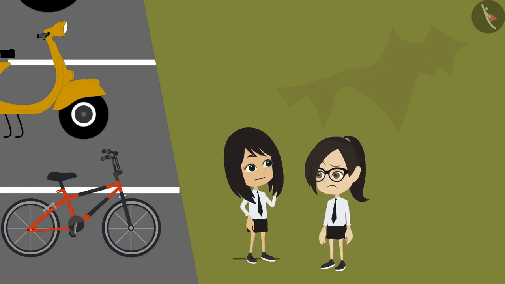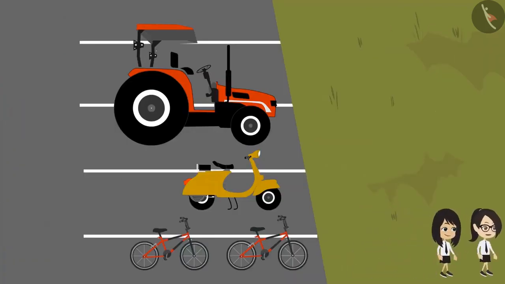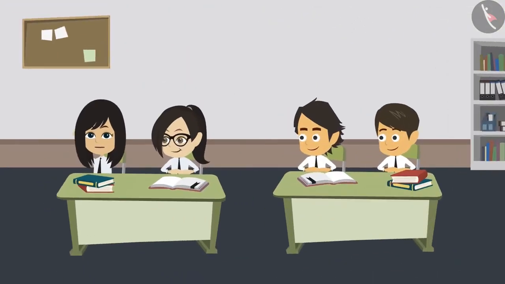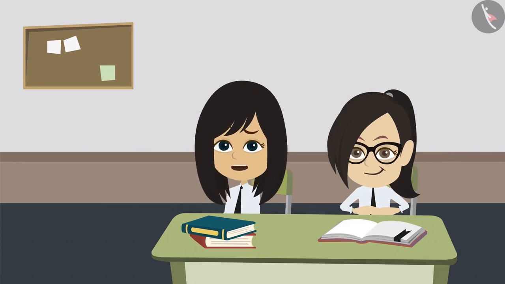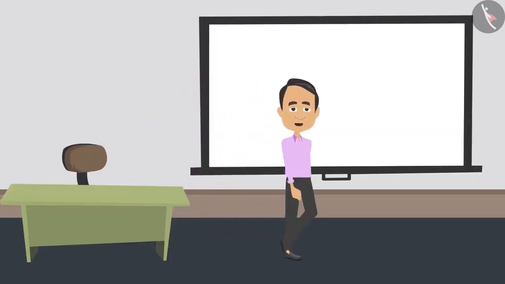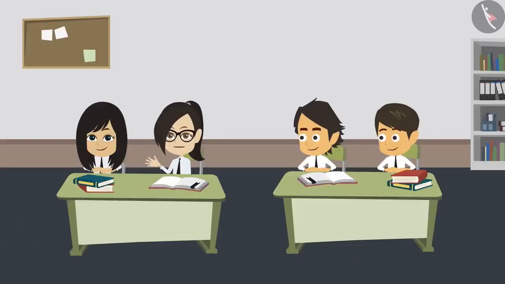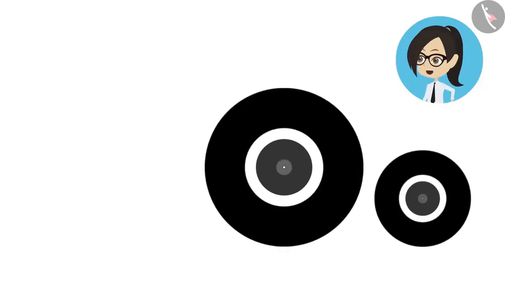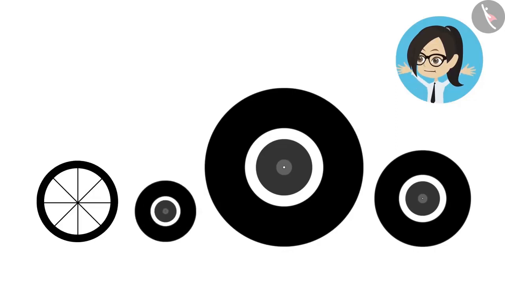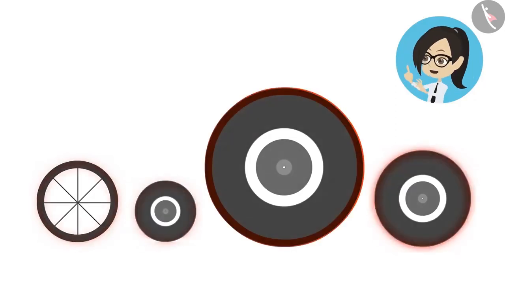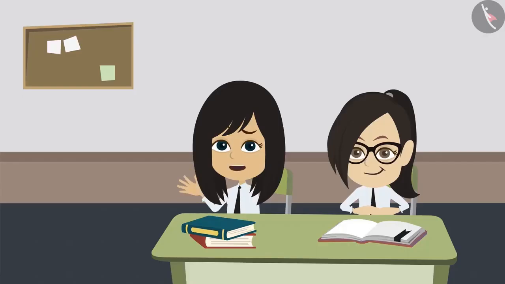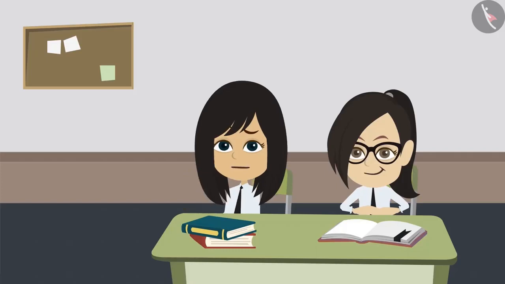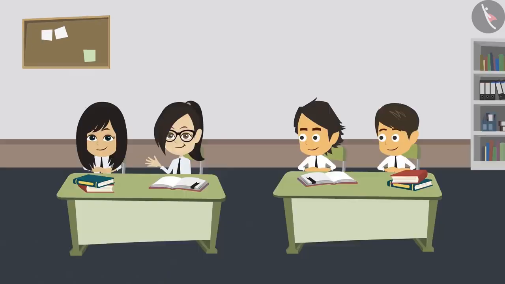Why not ask Sir in class today? Yes, let's ask Sir. Sir, I have to ask something. Please ask. Sir, I want to know how is a circle measured? I will definitely tell you. But first tell me, why do you want to know this? Sir, today we saw tractor, bicycle and scooter tires in the school parking lot. We have understood that all tires are circle-shaped and there is a difference in their size. But to find out the difference, we should know how to measure those tires. So we want to learn how to measure a circle.